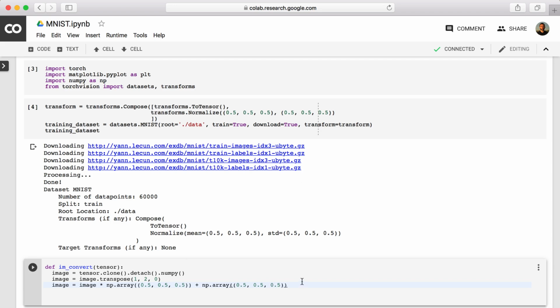Finally, recall that normalizing previously converted the range of our numbers from the range 0, 1 to -1, 1. To ensure that the range is indeed between 0, 1, we can set image equal to image.clip(0, 1), applying the clip function to a minimum value of 0 and a maximum value of 1. We can now return the image, return image,